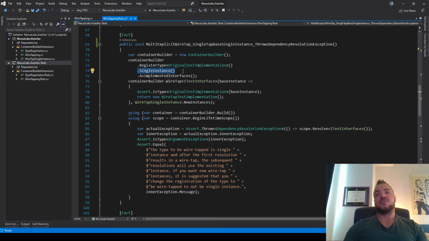So what that means is that once I do a resolution and I wiretap once, if this base registration is marked as single instance, the next time we go to resolve the type, we are essentially guaranteed that we're just going to get the same instance back. So to me, I was like, oh no, that's not what I expected.